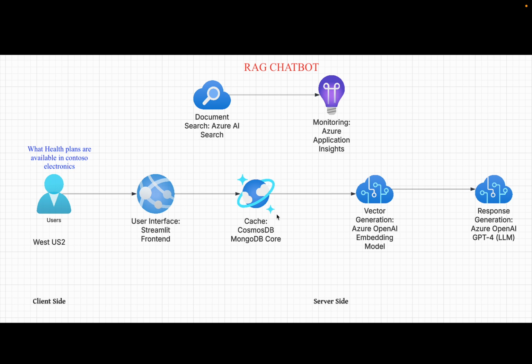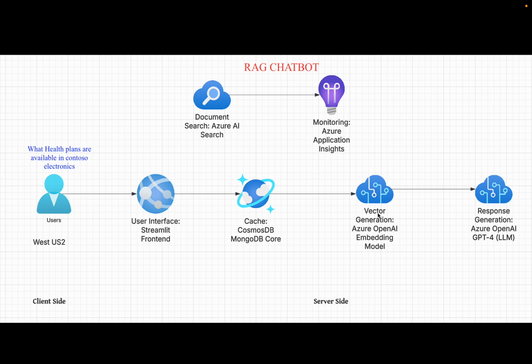The system looks in Cosmos DB to see if the response to what health plans are available has already been stored. If the response exists in the cache, the system immediately retrieves and displays: Contoso Electronics offers HMO, PPO, and dental insurance plans. If the query isn't cached, the system sends the query